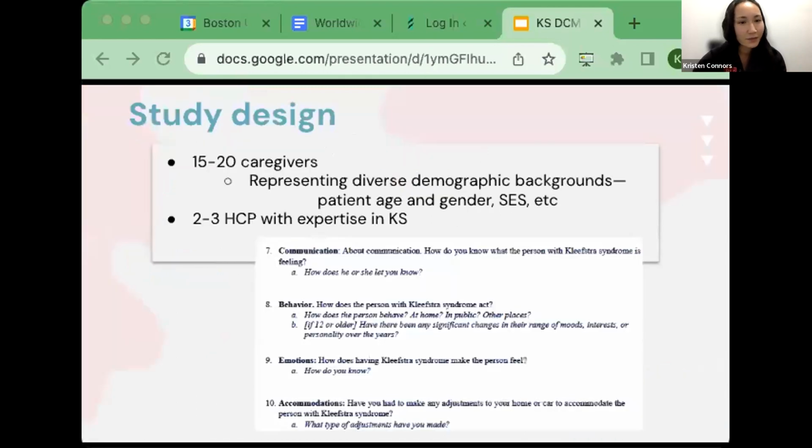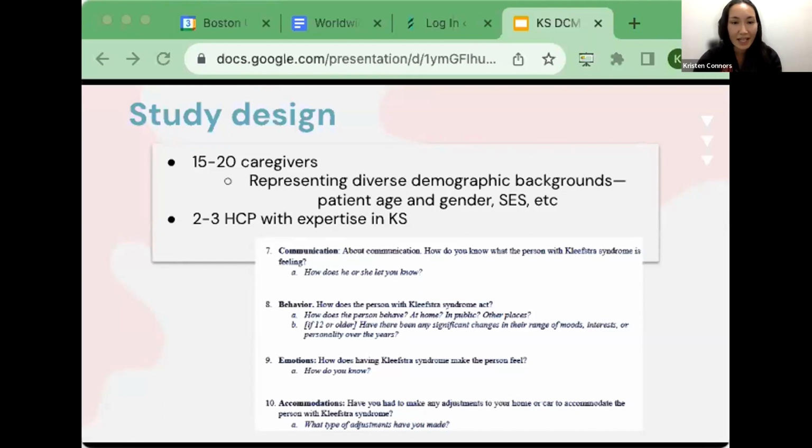So for the design of this study, roughly 15 to 20 caregivers will be selected for interviews. And I want to be very intentional about selecting a group that represents diverse backgrounds. So this is a purposive sampling of those who fill out our interest survey. And I want to capture a variety of patient and caregiver ages and genders,